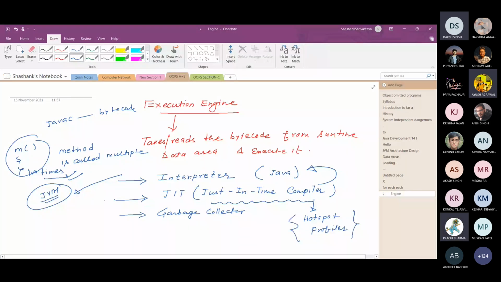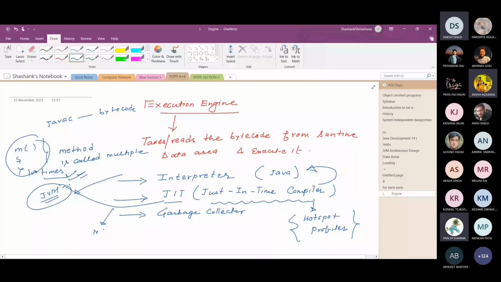Suppose the hotspot profiler finds that this particular method is executed 100 times. The just-in-time compiler takes that method and converts it into system-level code, that is, native code that is understandable by the machine, as per the Java virtual machine.